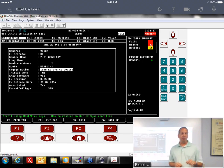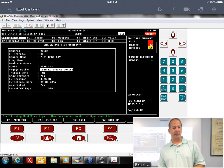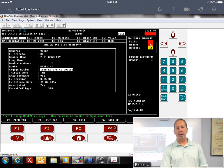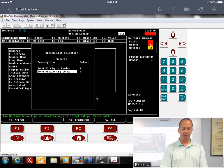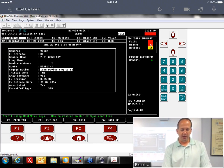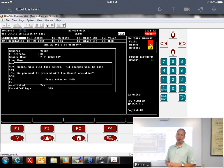Now, you can fix it by changing this sync action, this config sync action. If you reverse that, it'll stop that from happening. Send device config to E2. But I would caution you on that. I wouldn't do it at startup. In fact, I wouldn't do it until they complain about it, to be honest with you, because